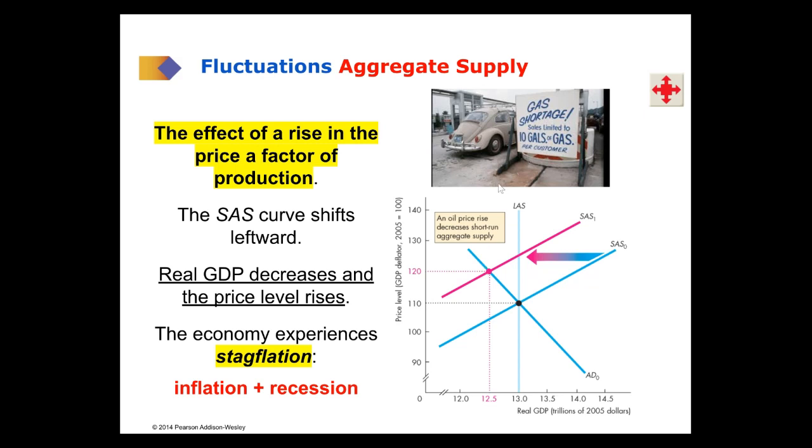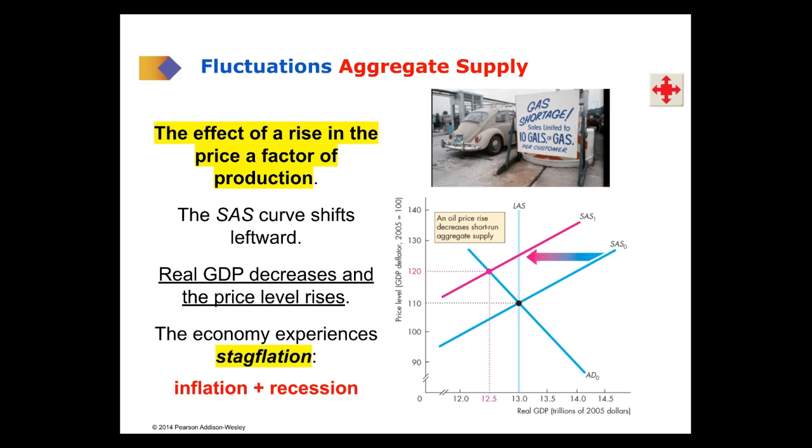Well, there was a major factor of production, oil, which was used for energy, and there was a shock to the price of oil based on the shortages of oil and the activities of the OPEC cartel to reduce the production of oil, which was really the way the shortage came about. And so what you had was a rapid increase in the price of oil. It's a major factor of production, really, that's used in everything in the economy. And so the supply curve shifted to the left. Real GDP was less than potential GDP, and the price level was higher. So this is how we explained stagflation in the 1970s: it was due to an oil shock that created a combination of inflation